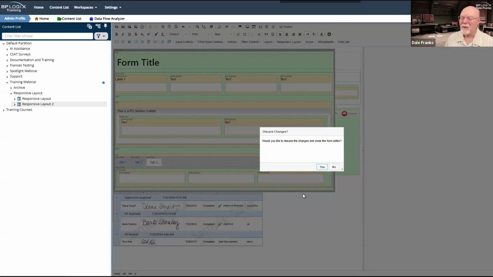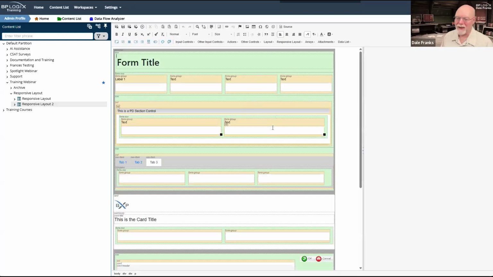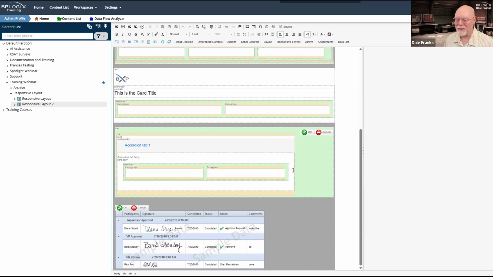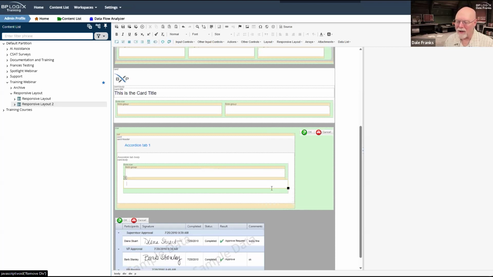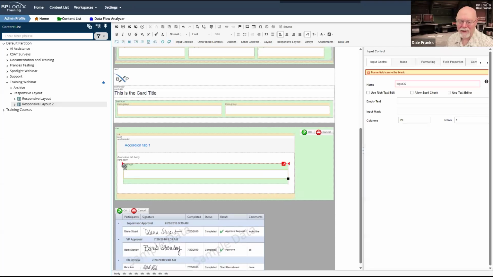You know what? We're just going to discard the changes and close the form and go back in. I have done something horrible here. So once again, I'm going to right click and we're just going to start removing. Well, those are controls, so I can delete those.